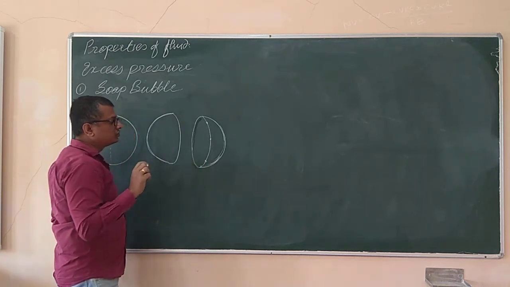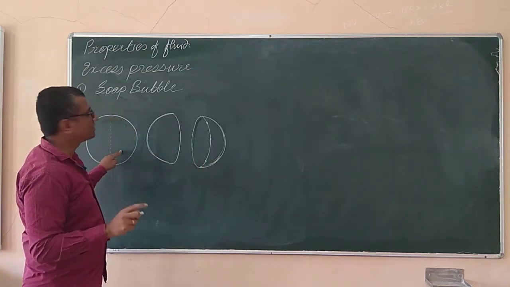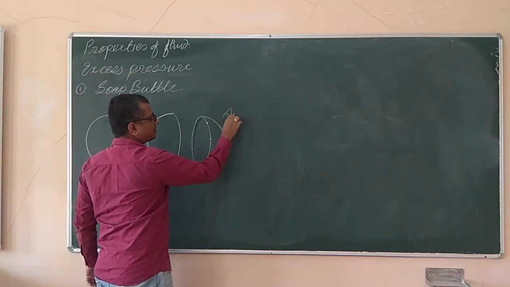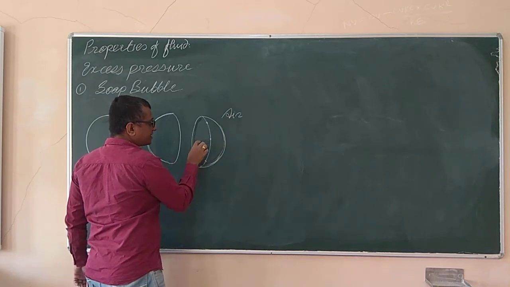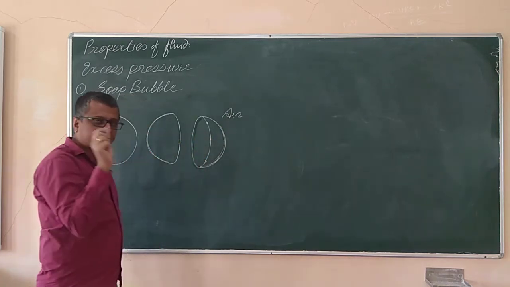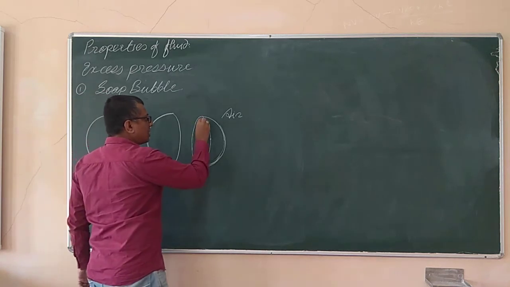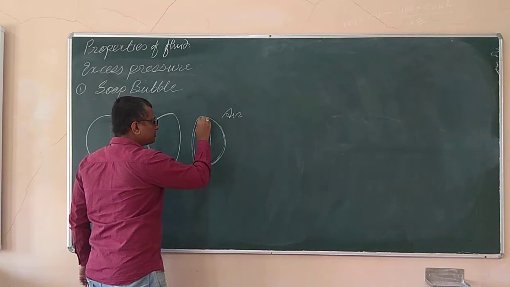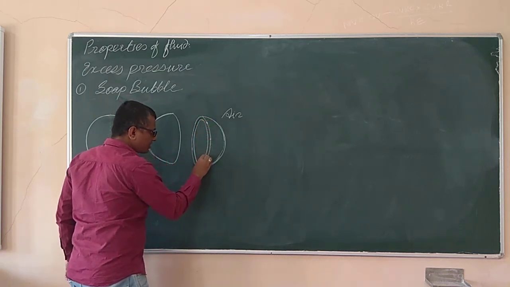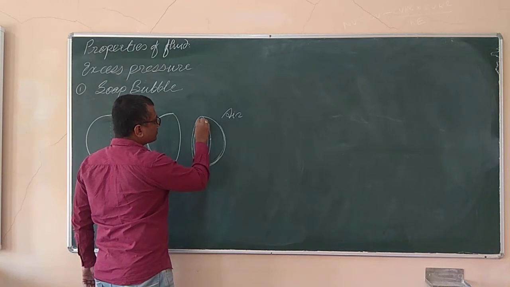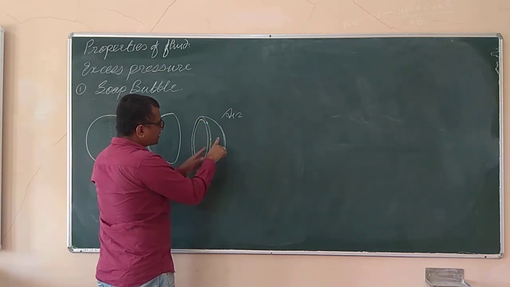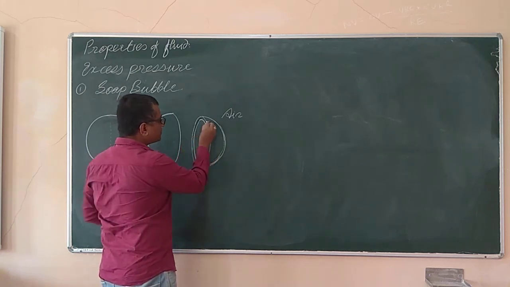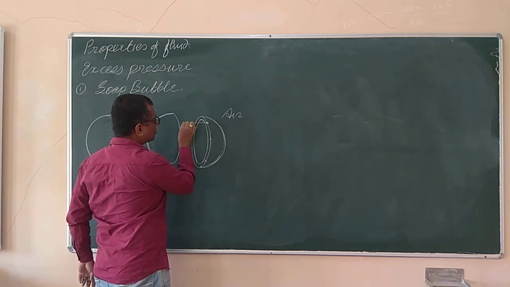But let me highlight that this is not a liquid droplet, this is a soap bubble. So a soap bubble has air outside it, and it has air inside it. If I consider a fine thickness of that soap film, and show the thickness of that soap film something like this, then this is the thickness. So the free liquid surface exists on the outer surface as well as on the inner surface. So the force due to the surface tension will act on the outer periphery.